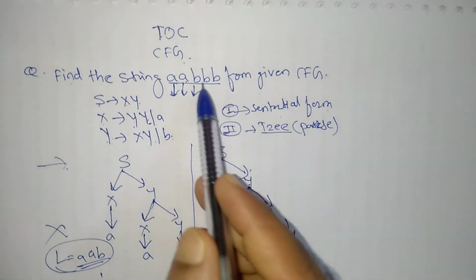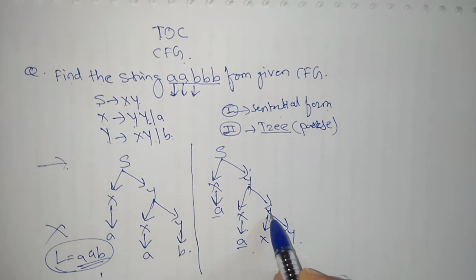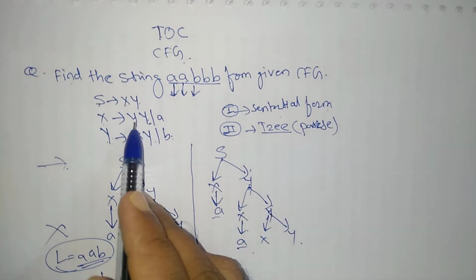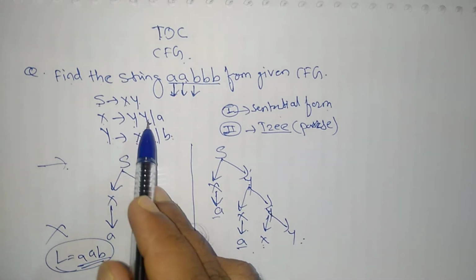What I want is 3 B's. So for 3 B's, if I produce Y with XY, and the X is going to produce YY and